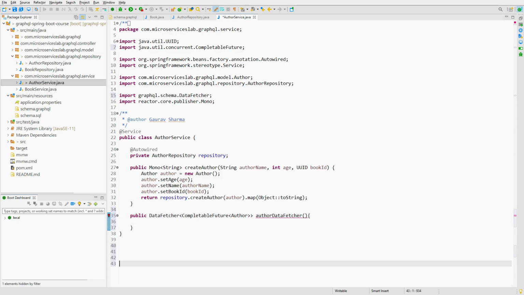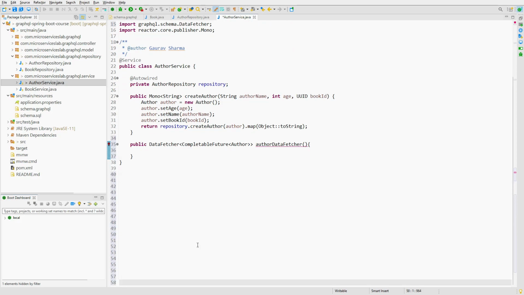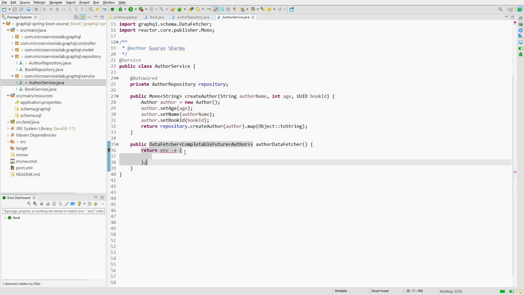Let us create some white space, and as usual we will be returning a lambda expression which will receive the data fetching environment as an argument. And now we can use the getAuthor method present in the author repository. But the thing is, how are we going to get the book ID that is required by that method present in the author repository?